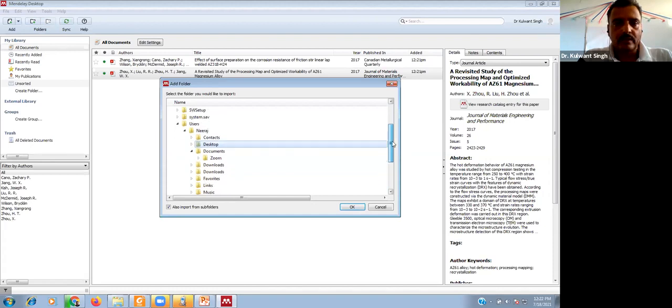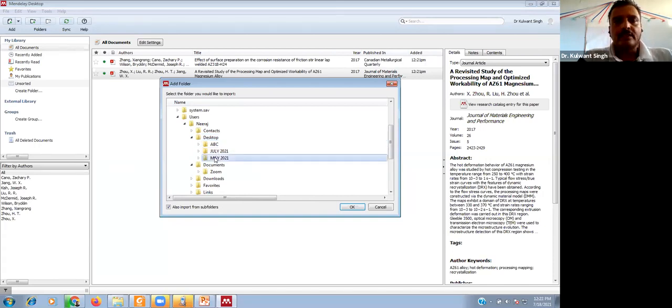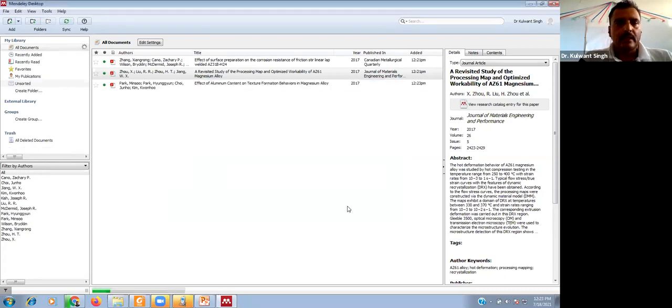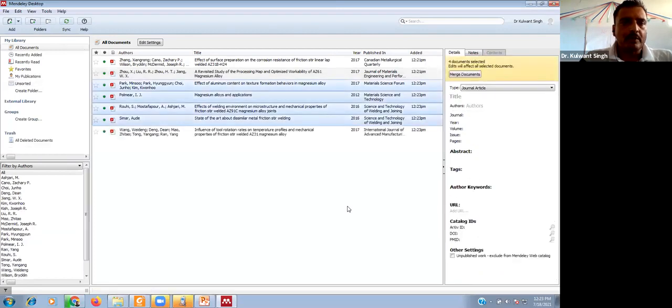Suppose we are adding a folder from the desktop. We are selecting this folder, May 2021, and just click here. All the PDFs or documents of this folder will be automatically added to our library. So this is the second option by which we can add documents to our library.